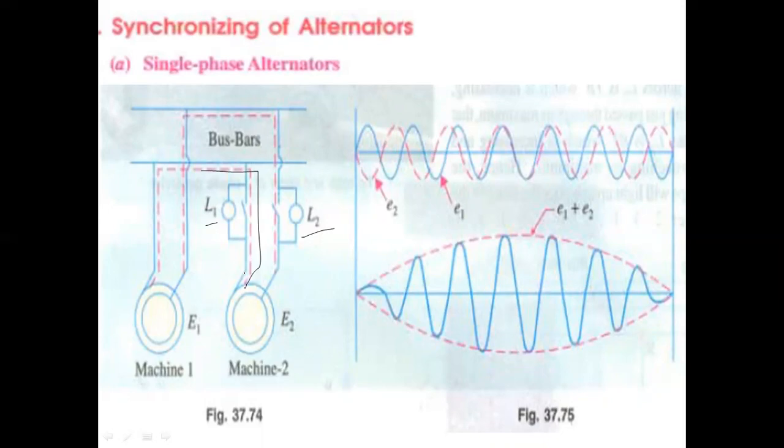But even when the voltages are equal in magnitude, which is determined by the field excitation, there will be some phase difference between the voltages. This phase difference will be continuously changing with changes in the frequency. So the resultant voltage undergoes many changes, similar to the beats produced when two sound sources of nearly equal frequency are sounded together.